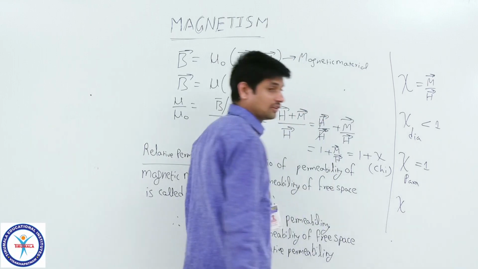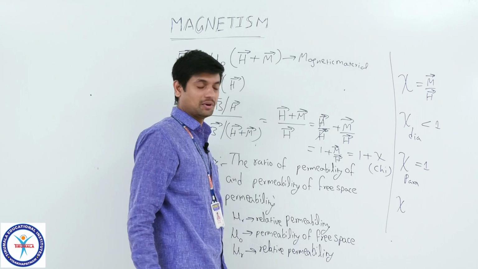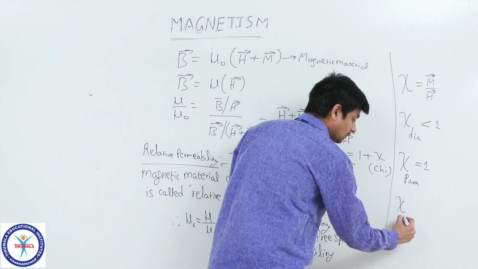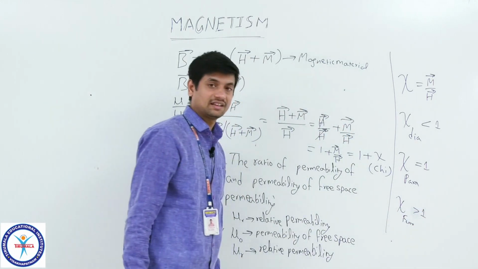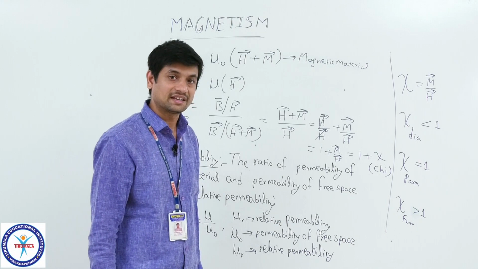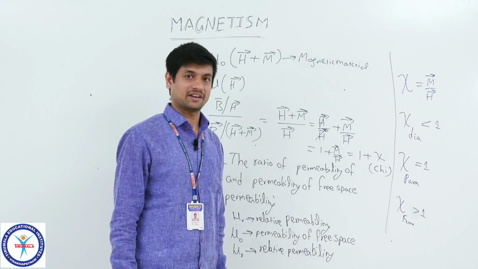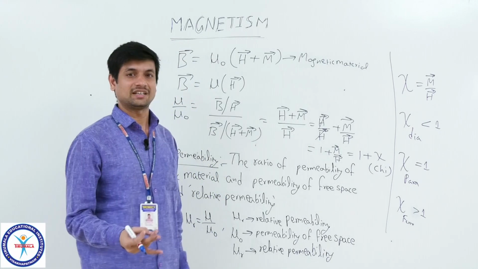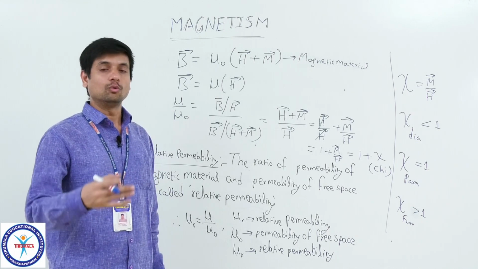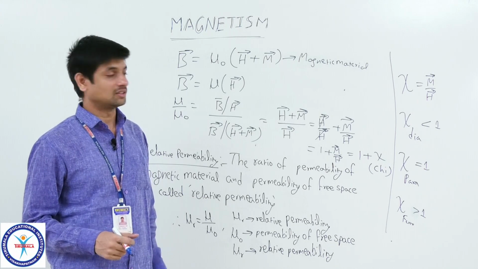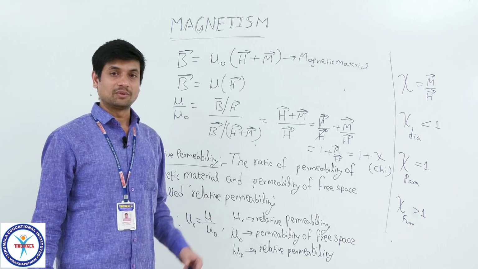Now if you take the ferromagnetic, the ratio of M bar by H bar gives you a value greater than 1. This value is positive and greater than 1. That slight factor also tells you which material can be magnetized. That is why we use ferrite, iron, cobalt, neodymium, these types of materials, to be magnetized. The other paramagnetic material, in the session before, I said